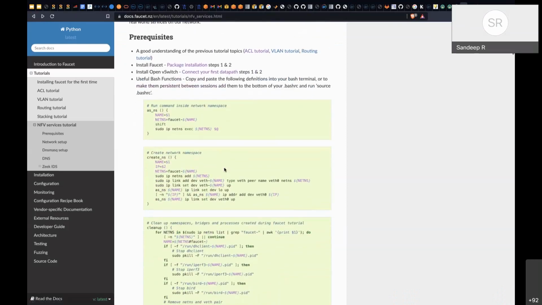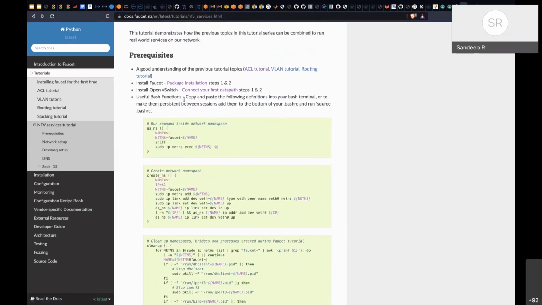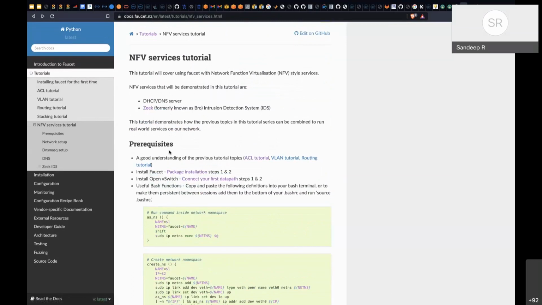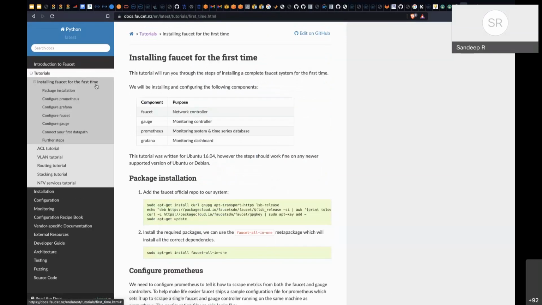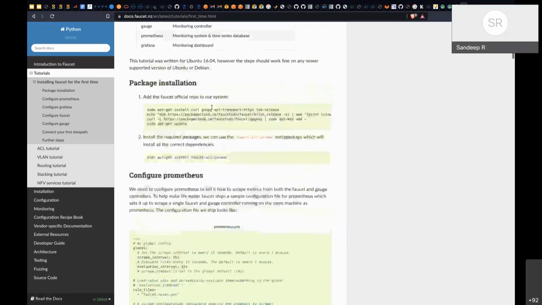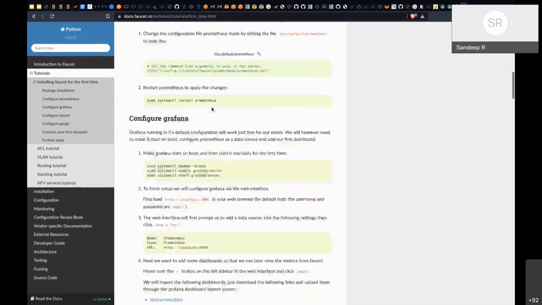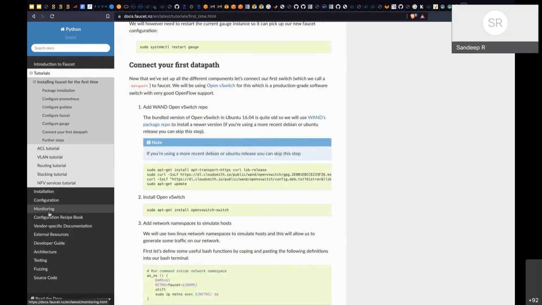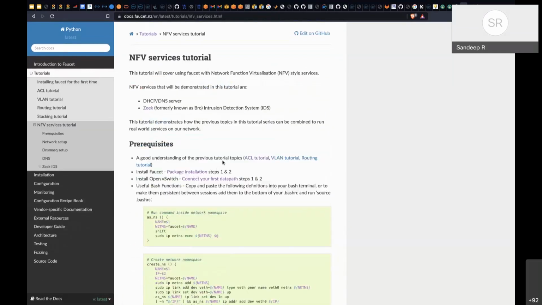Zeek is pretty good in terms of infrastructure monitoring. What we do when we want to create the virtualization is, there are a couple of things. First, you have to have the faucet running. For that, of course, you will have to follow these instructions. This is a Debian, or rather Linux-only, systems package, so you'll not be able to use it on other platforms. Better have Linux before you try to use this.